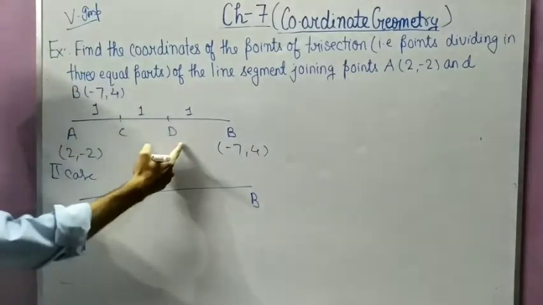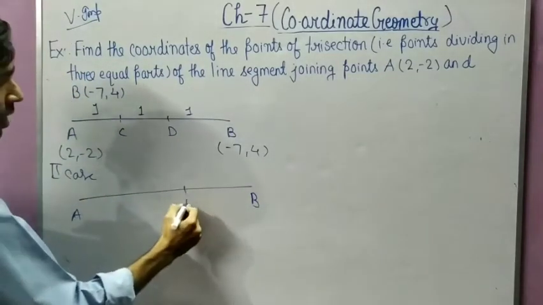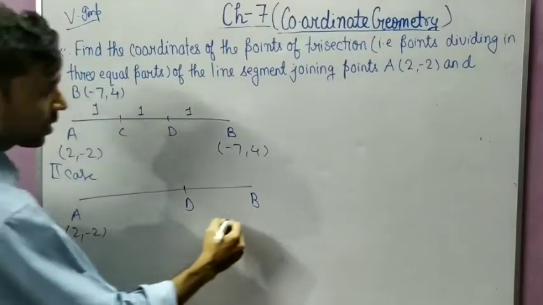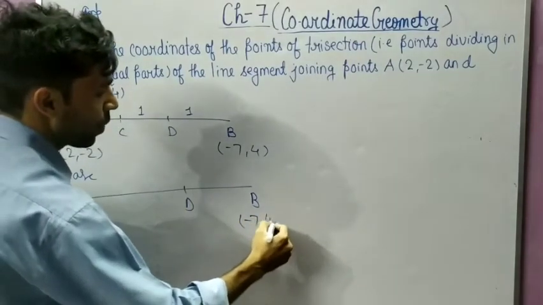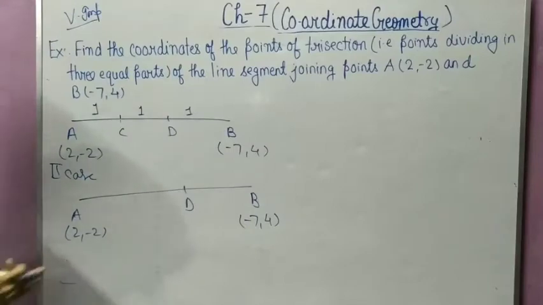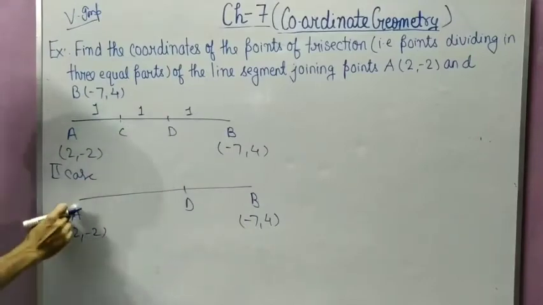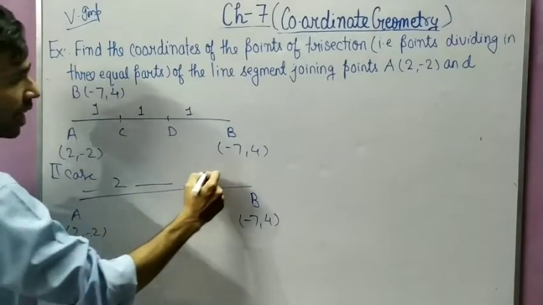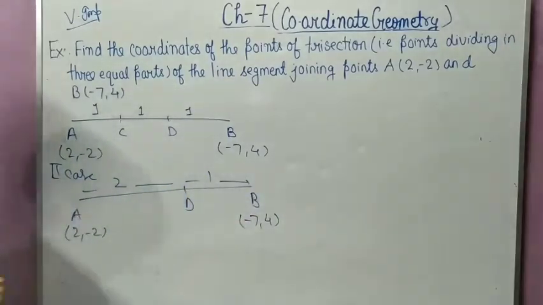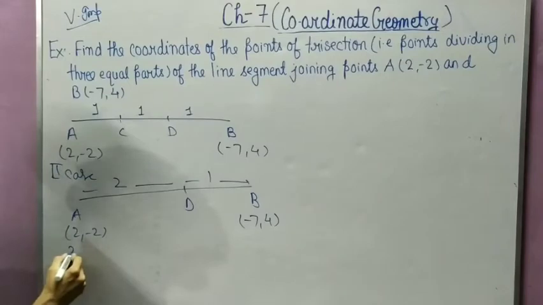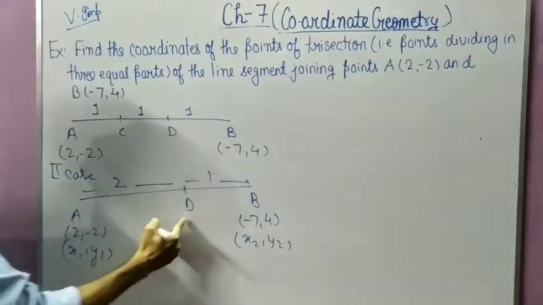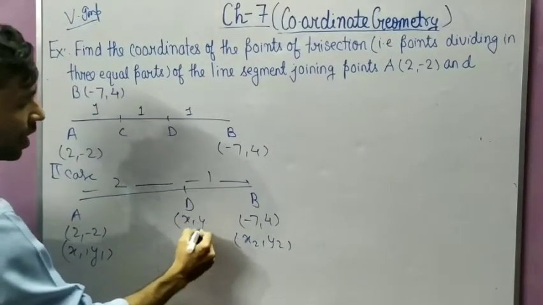now I will take second case। so in second case student A और B तो रहेंगे ही, हमने C का फाइंड कर लिया। अब हमारे पास क्या बचा D ना, तो यहाँ लिख दो D। A कितना है 2, -2 एंड B कितना है -7, 4। सो अब देखो आप ए से लेकर डी तक कितना होगा 1 + 1 कितना हो गया ये वाला पार्ट 2 and this is part 1. So in this case suppose it is r x1 y1 and it is r x2 y2 and the coordinate of d suppose x comma y again.